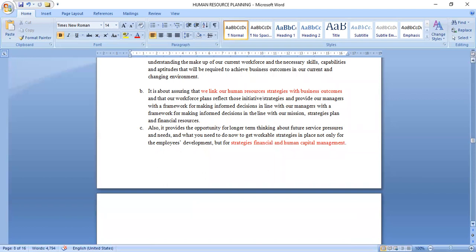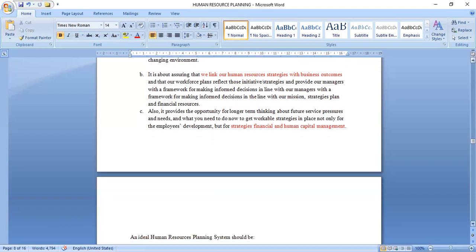In other words, if they are finding the appropriate employees with the rightful skills, at the end of the day, these workers filling the rightful positions should be able to work towards achieving organization